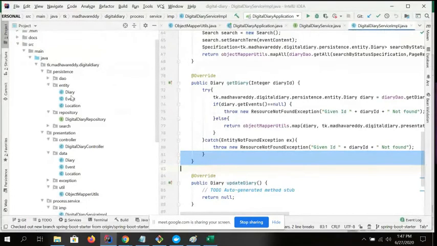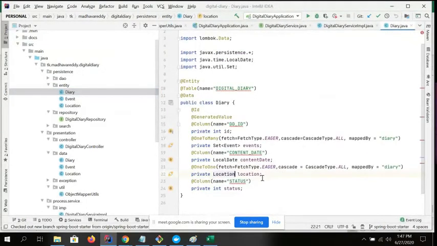Here diary is the master class. I already specified the one-to-one relationship over here. The most common relationship is one to many, because we will always have a many relationship with the master table. It is the same as the one-to-one relationship. By default it will be eager; if you want to make it lazy, you can make it a lazy one to many. Then you just have to specify the one-to-many relationship. That's it.